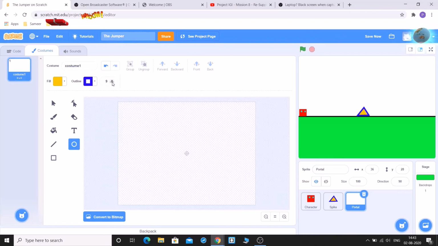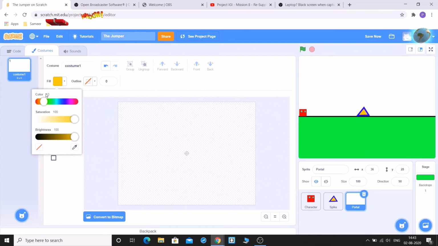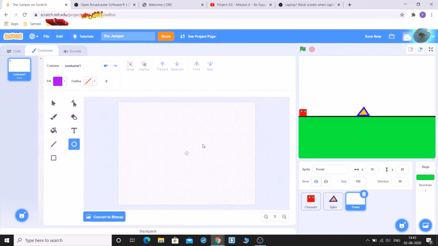Now we don't need any boundary again for this. And I will take the color. This color. No. Yeah, purple will be okay. We don't need actually very big. We only need a small one. This is too big.